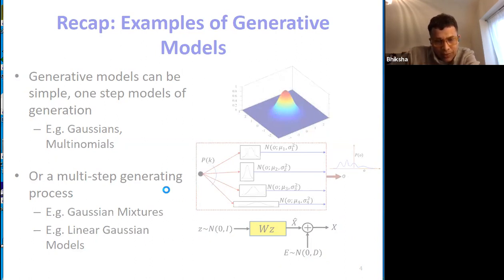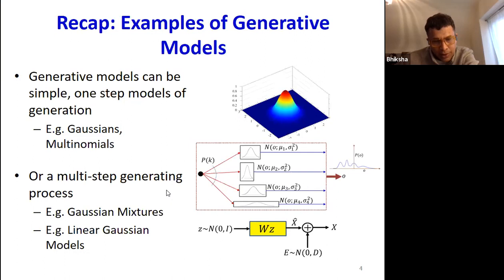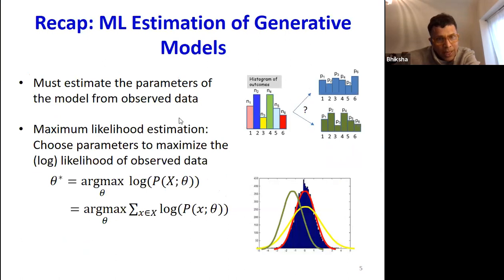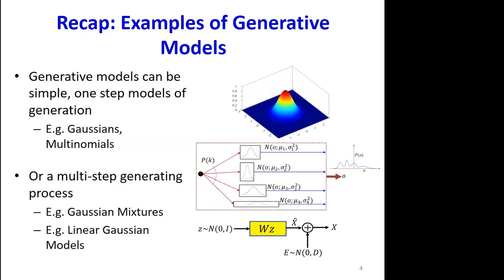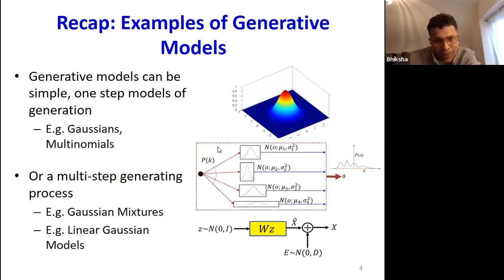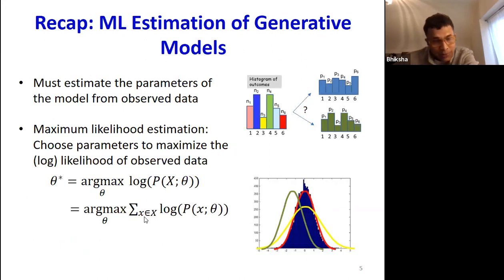Any questions so far, guys? Anything from the last class? No? All right. So I'm assuming you know all of this. Now, do we remember how we learned the parameters of these distributions? We want to learn these generative models. What was the formulation we used to learn the parameters of these distributions? Anyone? Guys? Maximum likelihood. That's what we used, right? And what was the underlying principle behind maximum likelihood?